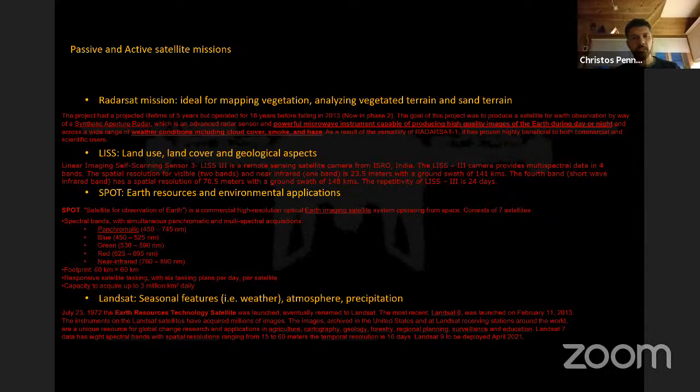where the 4th band, which is a shortwave infrared band, has a spatial resolution of 70.5 meters with a ground swath of 148 kilometers. So the repetitivity of this mission, the LISS mission, is almost 24 days. So one satellite will pass over the same exact spot and scan the same exact spot of the globe after 24 days. The third mission is the SPOT mission, which is an initiative from the French